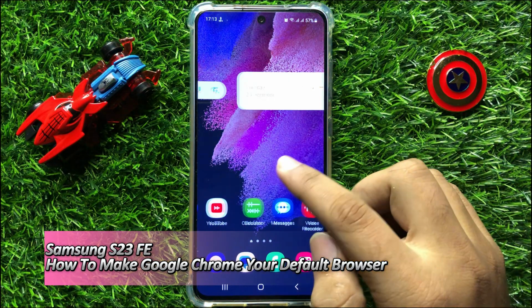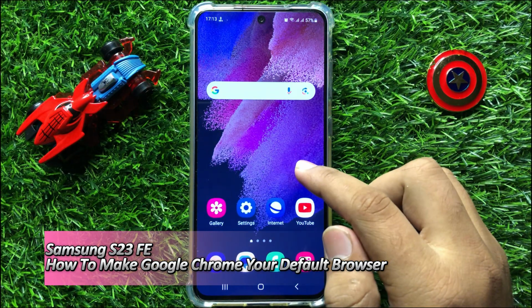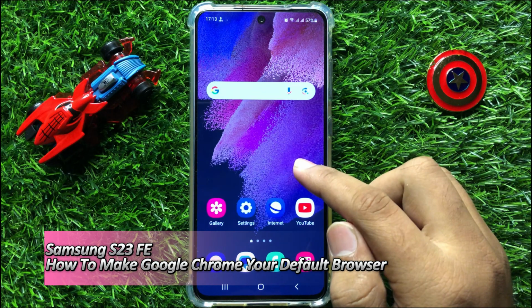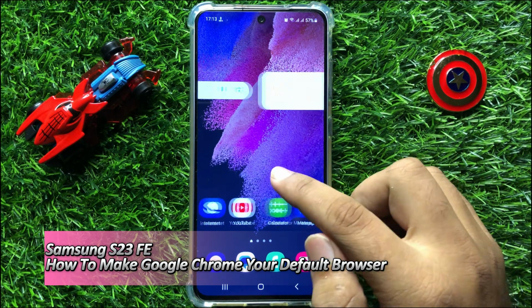Hello everyone, in this video I will show you how to make Google Chrome your default browser in Samsung Galaxy